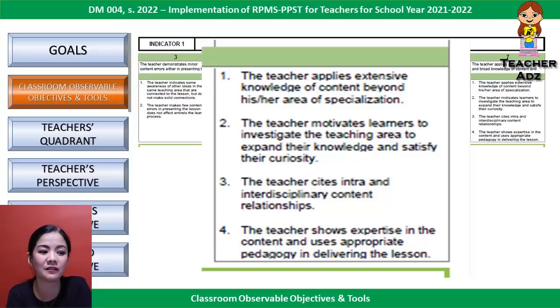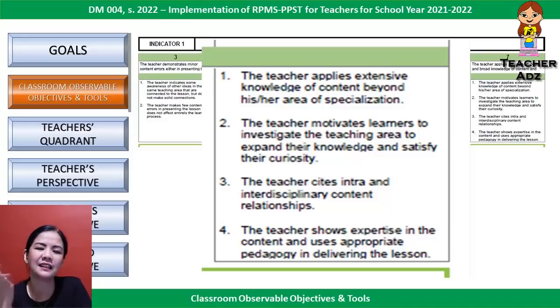2, the teacher motivates learners to investigate the teaching area to expand their knowledge and satisfy their curiosity. Number 3, the teacher cites intra and interdisciplinary content relationships. And number 4, the teacher shows expertise in the content and uses appropriate pedagogy in delivering the lesson. Okay, so,